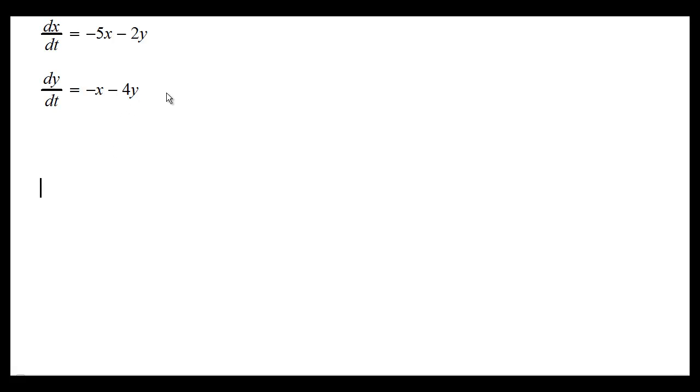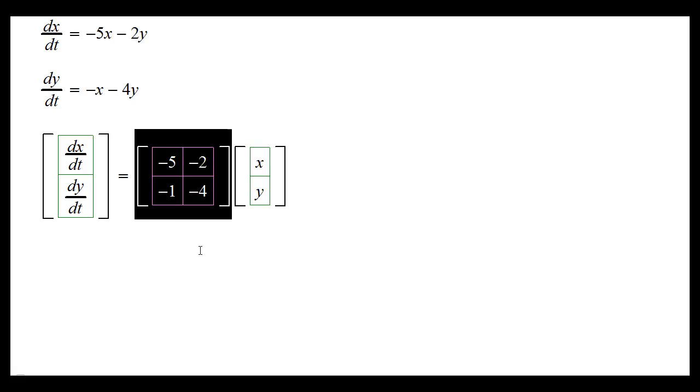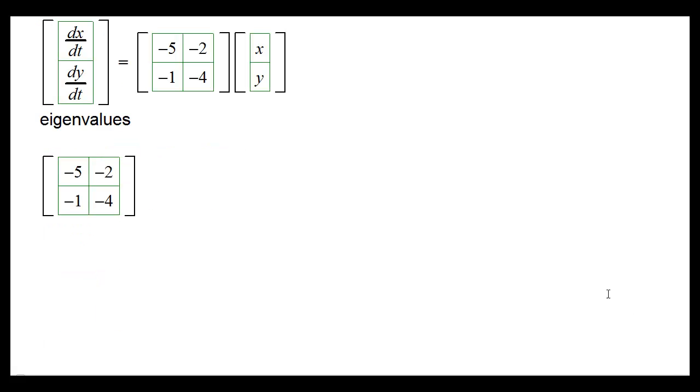Now we would like to solve this system of differential equations for x and y as functions of t. So our first step would be to change it to matrix form, and then after that we would find the eigenvalues of this matrix, okay, and after that we will look for the eigenvectors. So for the eigenvalues, first we calculate the